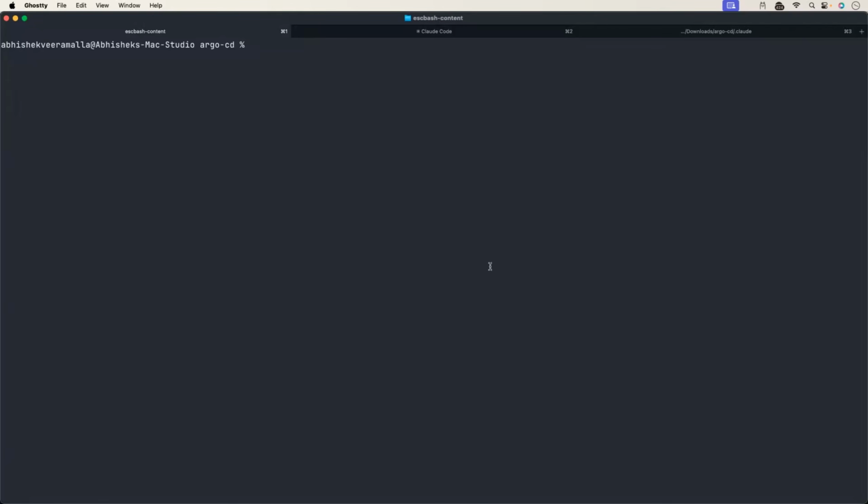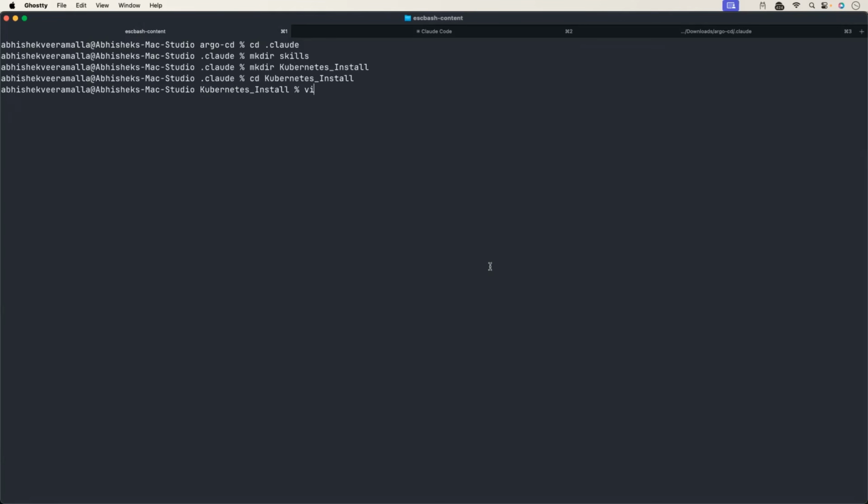So on your terminal, just head to the .claude directory. If you are setting it up at the project level, go to this, create a directory called skills. And within this, you can set up something called Kubernetes installation skill, or just say Kubernetes installation.md, or maybe you can create another folder. I'm just telling you different ways of doing it. You can even say mkdir kubernetes_install, head to kubernetes_install, and here just call